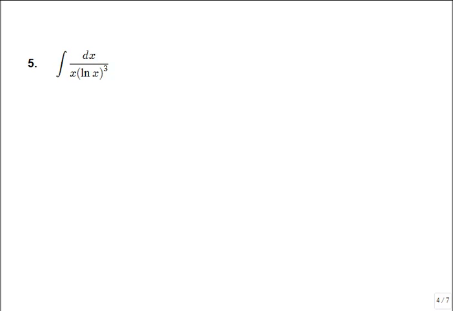Because, and hopefully with enough experience you'll be able to see this easily, with a little bit of substitution sort of in the back of your head, think about what you know about ln of x. The derivative of ln of x is 1 over x times dx, and that's exactly what I have right here. So this is kind of like our du right here. So that's why we do not need any kind of integration by parts here. We're just going to do simple substitution. We're going to do a u substitution,